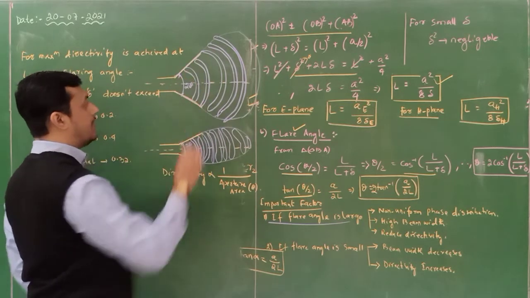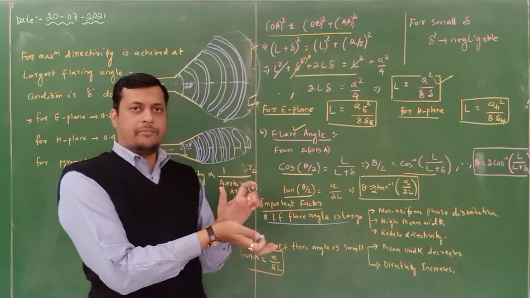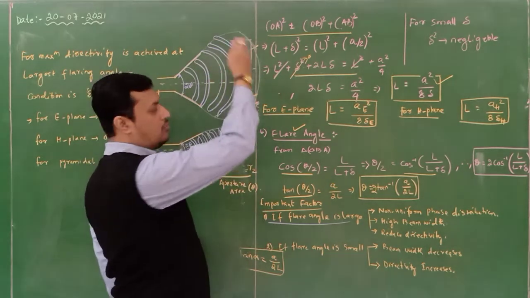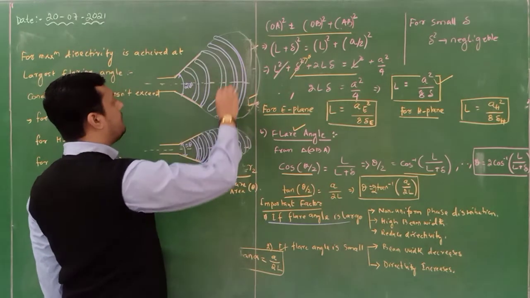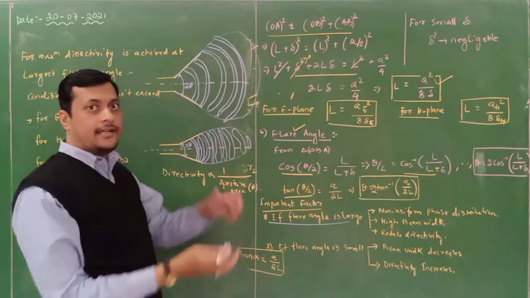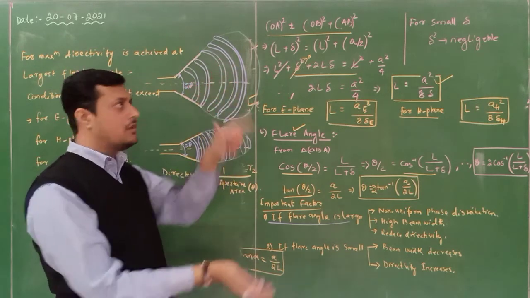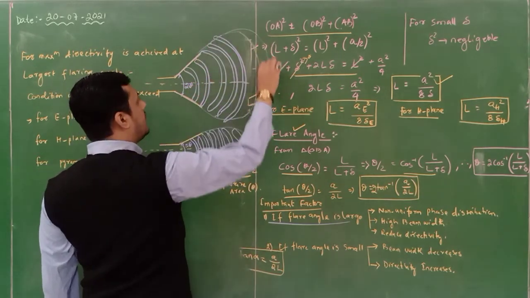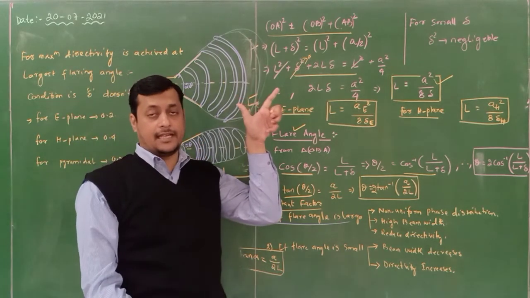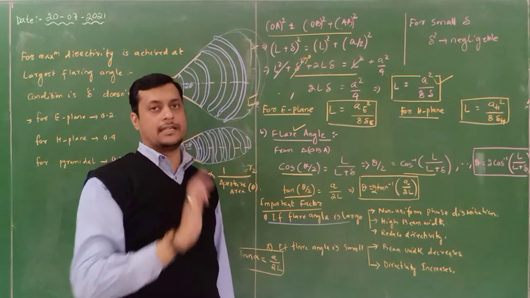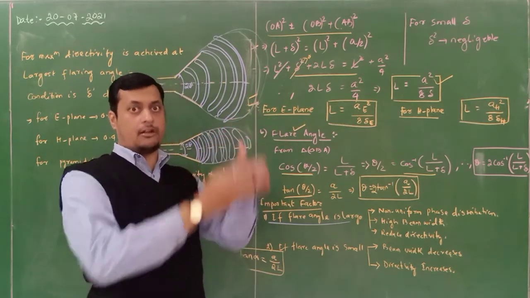It is large, the angle is quite large. So if the mouth opening is more, that means the phase distortion will be more. The non-uniform distribution of phase will be there. You can see the phases are changed and it is distributed in a wider area. That means beam width is more. The beam width of this particular antenna is more. Now remember that if the beam width is increasing, your directivity will decrease. It will not propagate to a longer distance, rather it will stop at a shorter distance only.